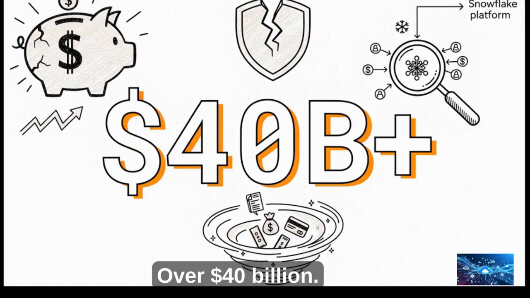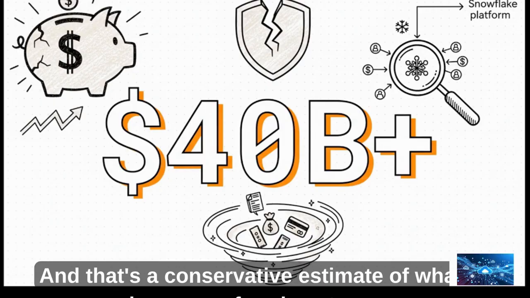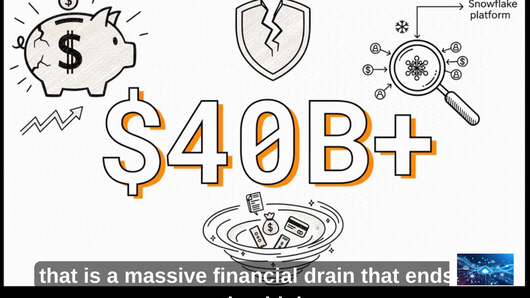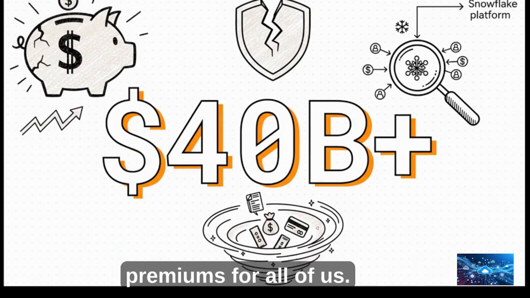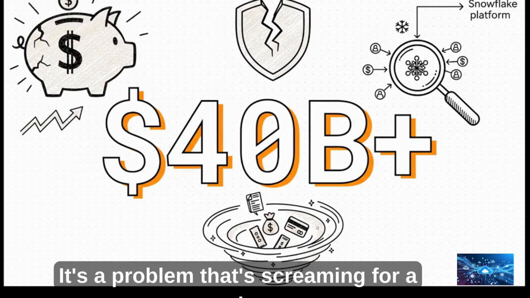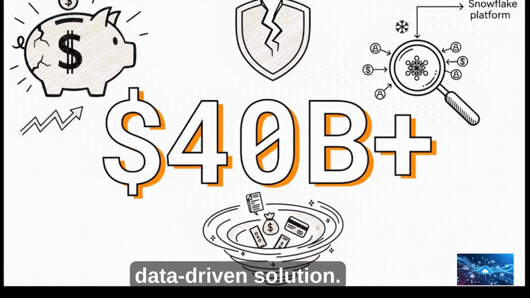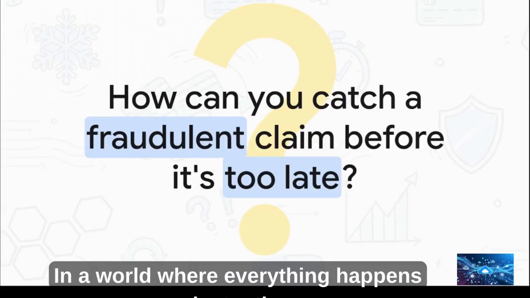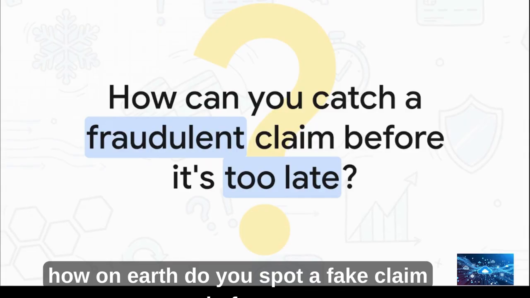Over $40 billion. And that's a conservative estimate of what insurance fraud costs every single year. I mean, that is a massive financial drain that ends up meaning higher premiums for all of us. It's a problem that's screaming for a modern, data-driven solution. So that brings us to the big question, right? In a world where everything happens instantly, how on earth do you spot a fake claim before the money is